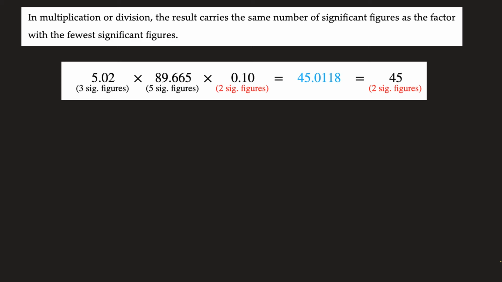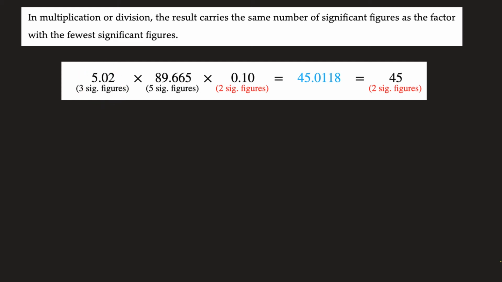So on this screen here, you see that if we're multiplying 5.02 times 89.665 times 0.10, in blue here is the calculator answer. All right, that's what our calculator will spit out to us. And in math class, that would be correct. But in science, where you're dealing with measurements, and measurements have a limited amount of precision,